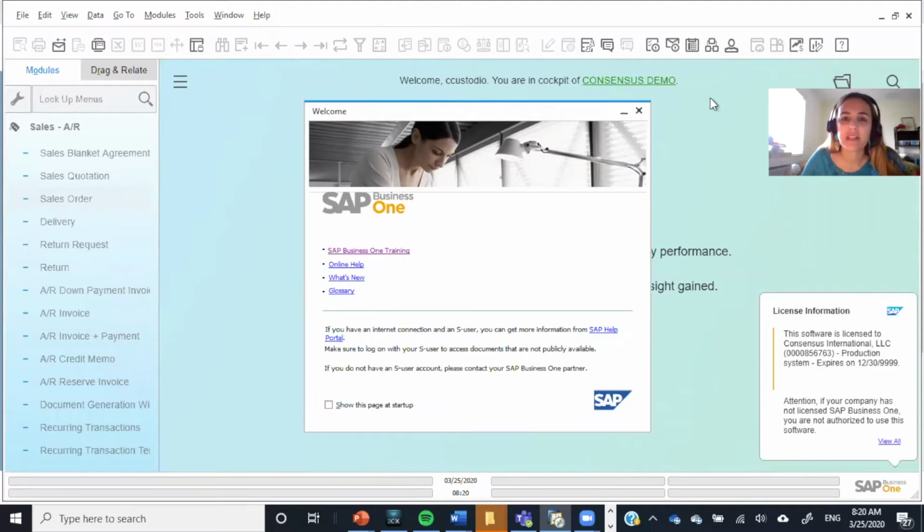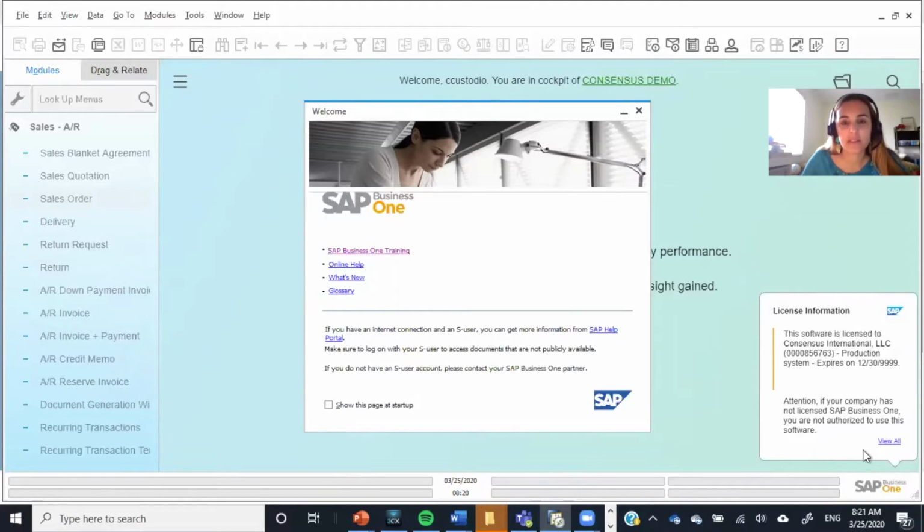Let's jump right in. Today, I want to talk with you a little bit about the first screen that you see when you log into SAP Business One, and these two pop-up windows that you have. You might not see these pop-ups when you log into your system. That is perfectly fine. In the case of this license information pop-up window, I do get it every time, and